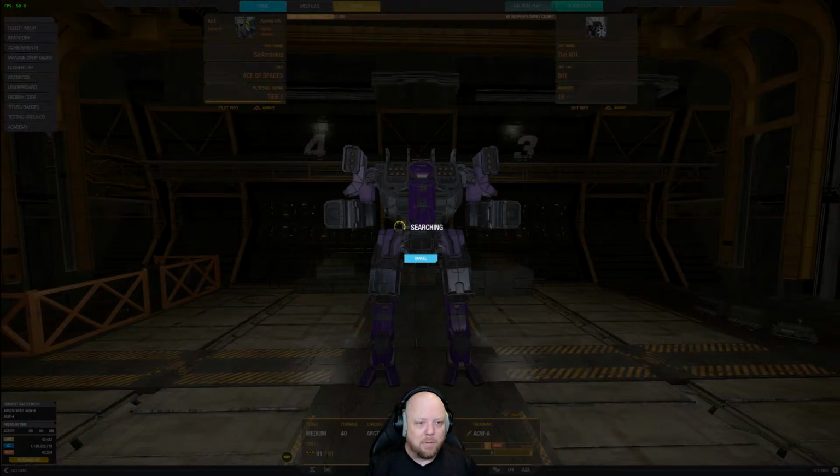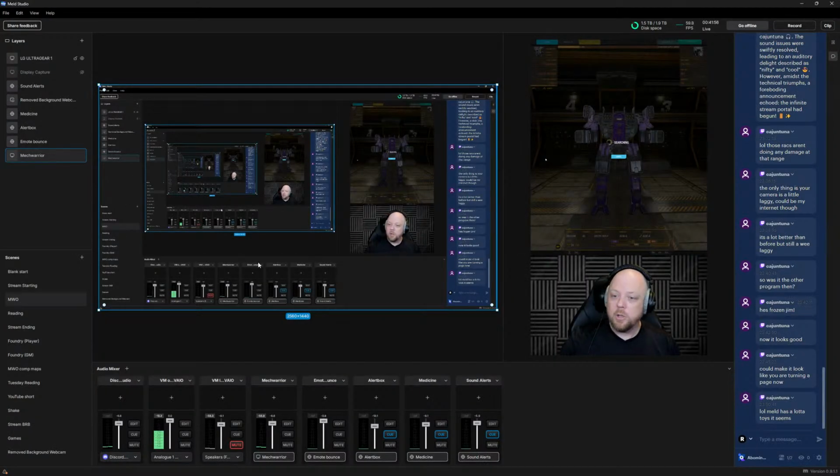So while we're waiting for this to come in, let me show you guys again. Let's go into our display capture. So again, you're seeing Meld Studio here. And one of the really nice things I like about it at the moment is it has this on the right-hand side.